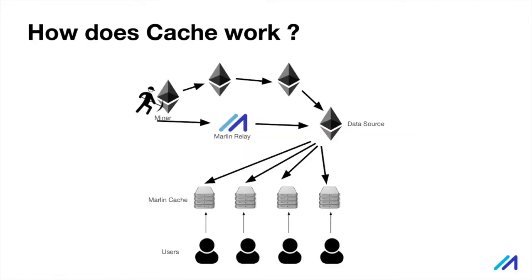Cache updates the cached data by querying frequently requested data from the source when the cache knows that the data is updated. Mostly this happens when a new block event is received. These pre-filled responses are provided when the same query is made, which reduces the latency for the users.